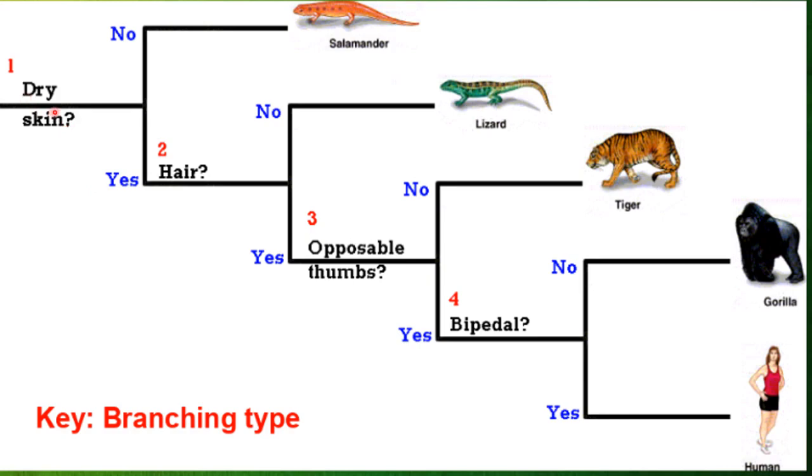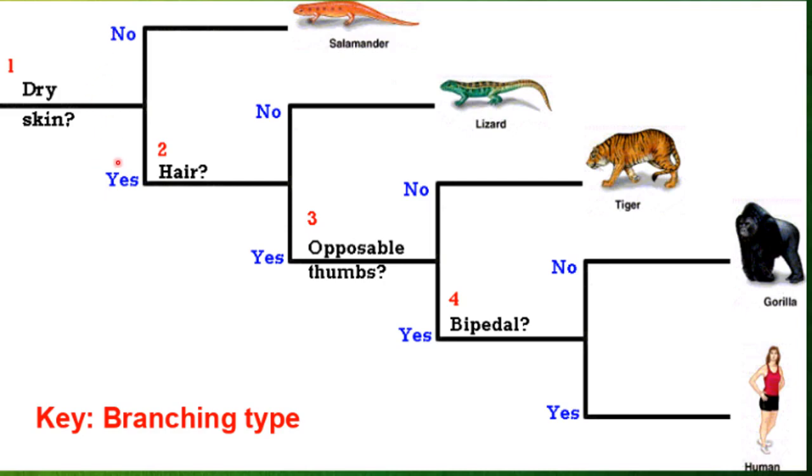So dry skin is the first character, or you can say this is a statement. Dry skin will act as a lead here. As I told you, in a key there are different leads. So dry skin is a lead. There can be presence of dry skin or absence of dry skin, so there will be two options, no and yes. Instead of no and yes, you can write absence of dry skin and presence of dry skin, right?